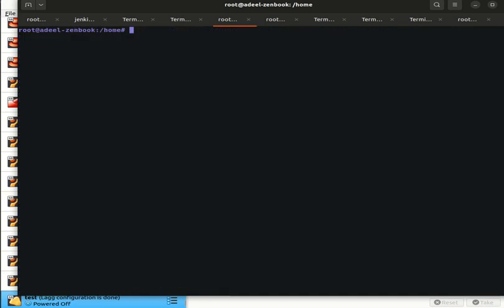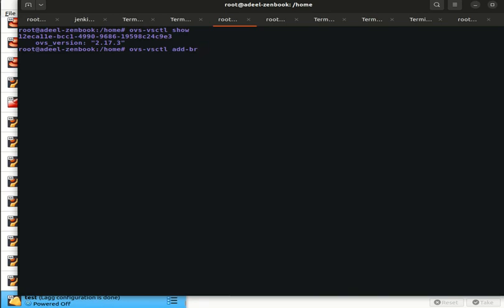Once the package is installed, we need to run the commands, and the command which we are going to run is show, to see if we already have some bridge. We do not have any bridge right now, and I'm going to create one,